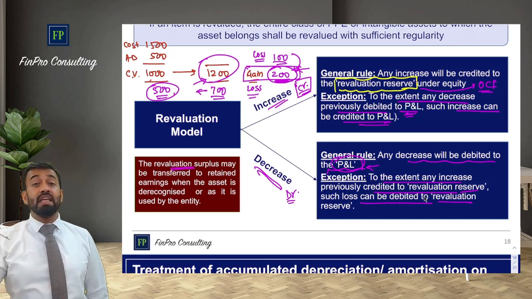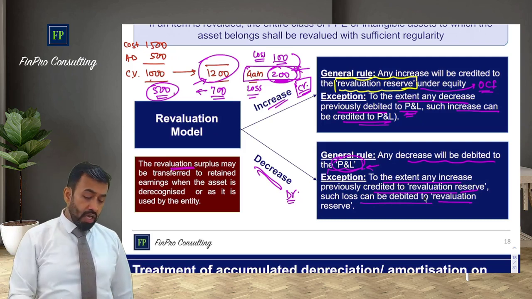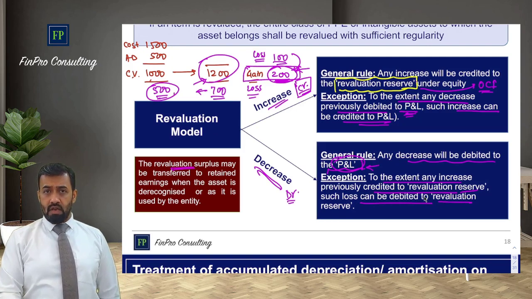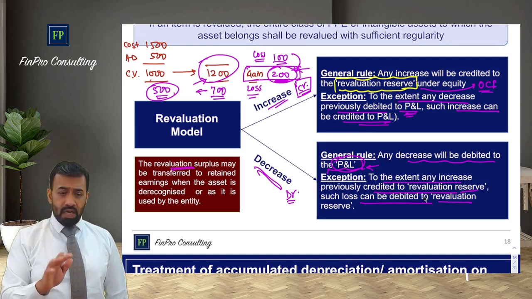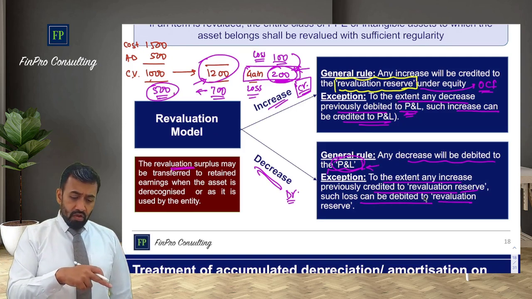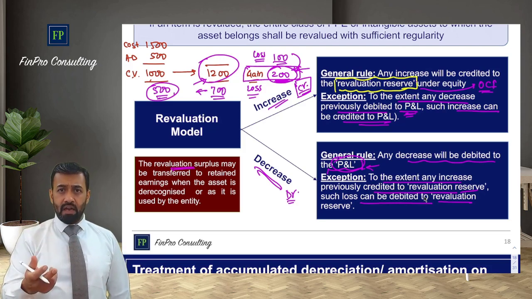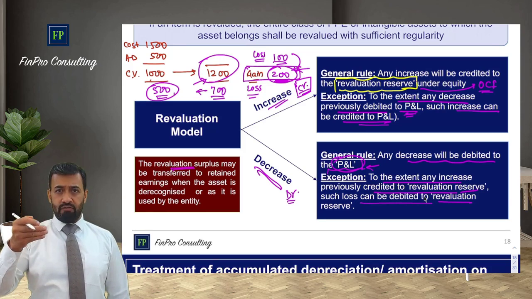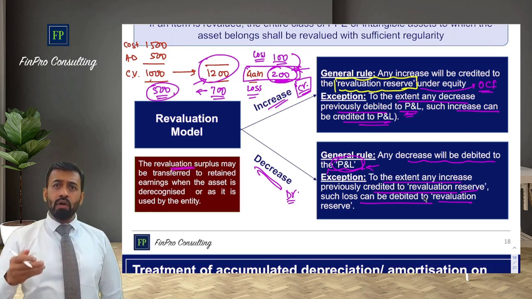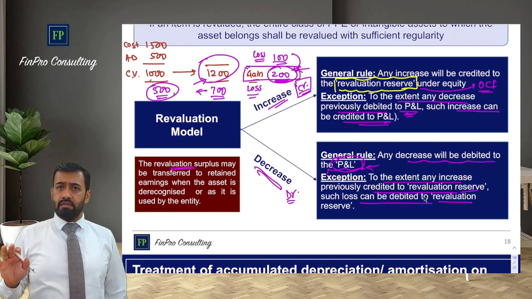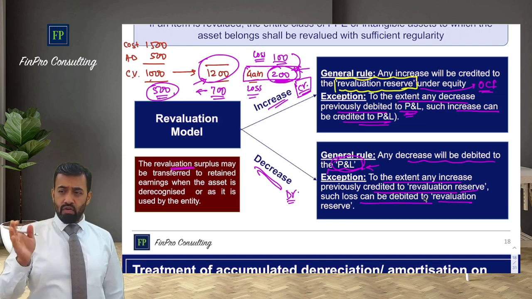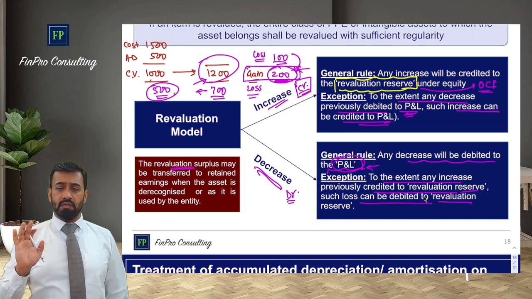It will be neutralized in equity, not in P&L. You cannot release it to P&L. You have to plot the accounting entries. What I'm saying right now, you have to listen to it once again if you're not getting it, and then plot the accounting entries. As simple as that. Correct? Rewind it. Go back. Listen to it once again, and then plot the accounting entries.